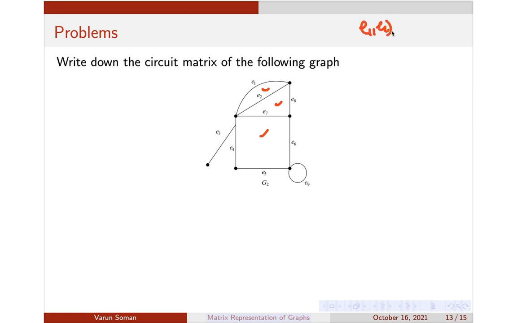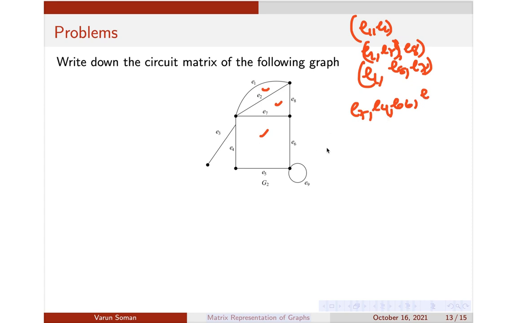One is E1, E2, other is E2, E7, E8. The other one is just E1, E8, E7. So 3 we have got. Again, go for this one: one is E7, E4, E6, E5, this portion. Another one would be E5, E6, E4, E8, E2. Another one would be E5, E6, E7, E8, and E1. And finally you will have just E9.